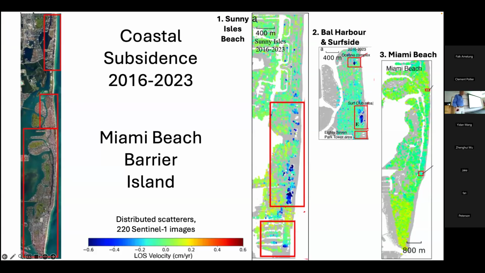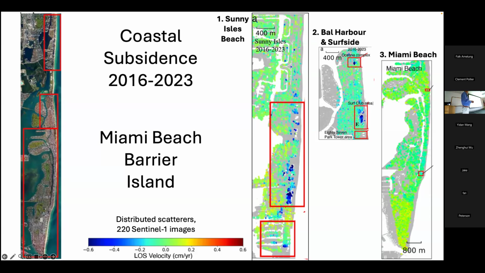Okay, so these are the results. We had about 230 satellite SAR images. Szymon and Simone, in their study, used 23, so we are getting much more accurate results. Most of it is green, but we have a significant amount of blue dots, and these blue dots indicate